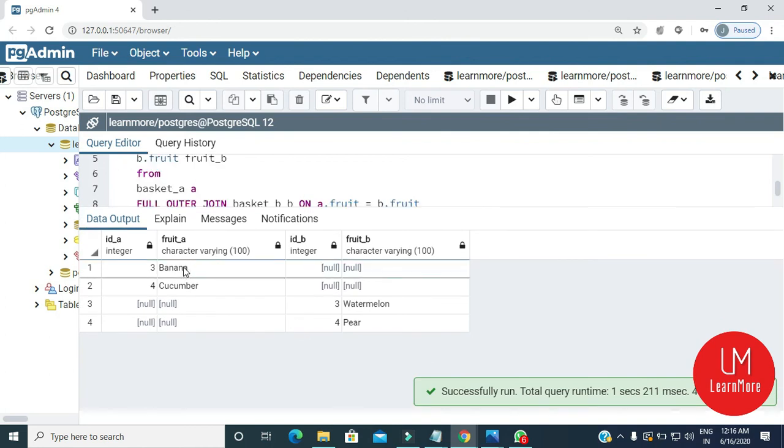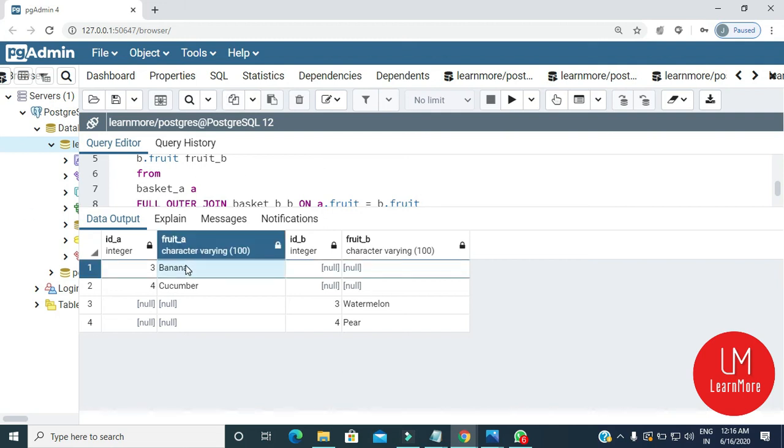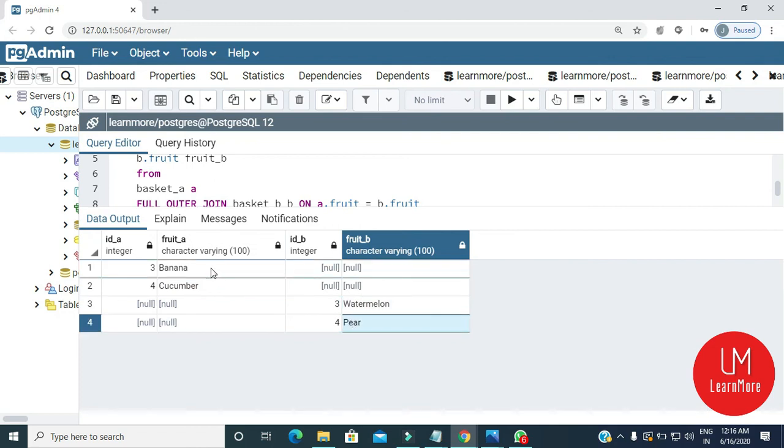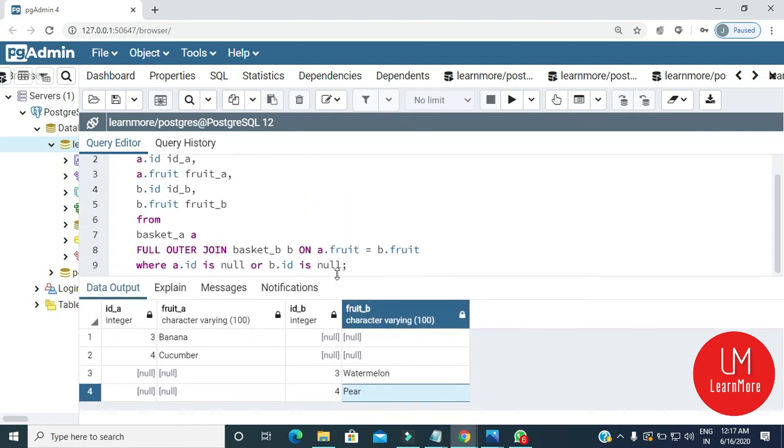You can see it returns a set of rows unique to the left and right tables, that is banana, cucumber and watermelon, pear. That means it omits all the matching rows. Okay, and this is how you apply a condition in your full outer join. You can apply a condition in inner join, right join and left join also using the where clause.